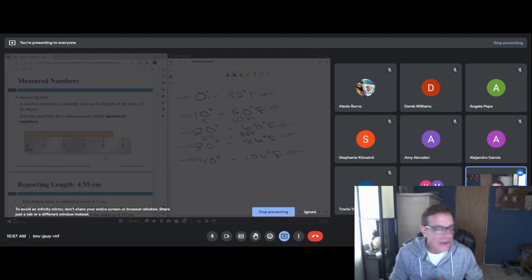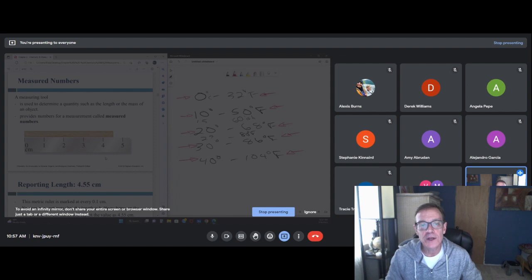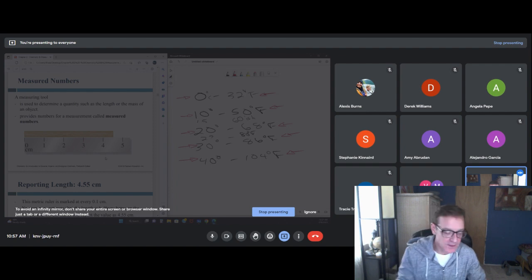Measured in numbers, unfortunately, I don't have a lab in this class. This would be much more important. But it's an important concept to keep in the back of your mind. You can only measure and approximate as accurately as the tool you have. So, for instance, here, all we can really say with any certainty is it's between 4 and 5 centimeters long. Okay, so you need finer gradations to start adding decimal